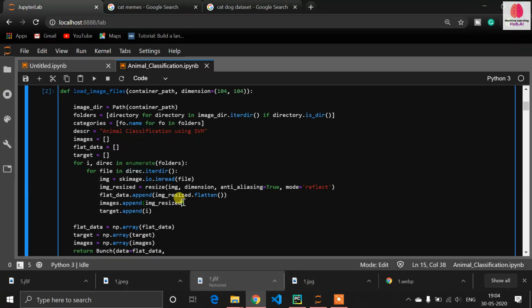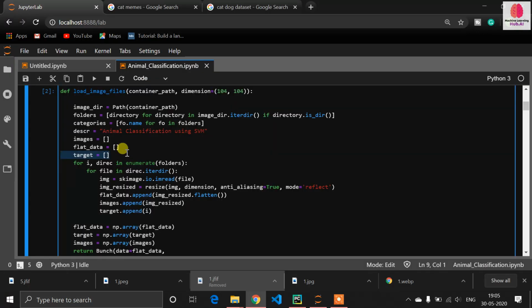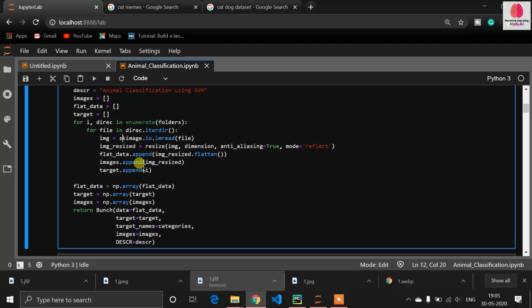So I am storing that pattern with this flatten function into our flat data list. For each and every image there is one label, like this image is a dog, this image is a cat, so I store that label in this list, and I store the image array in the images list. In this for loop I am just appending those things.